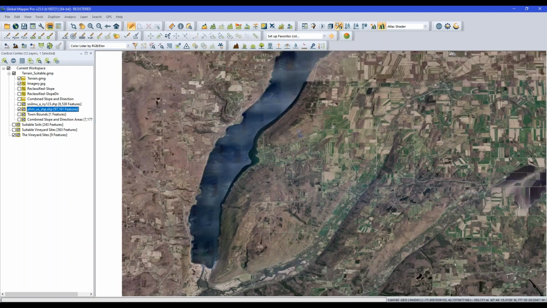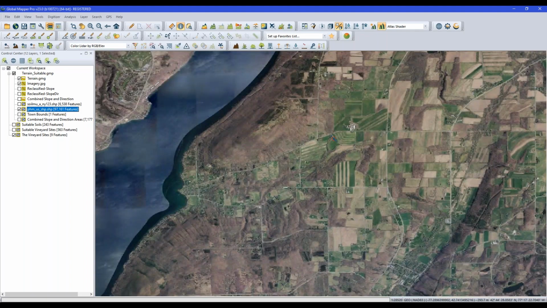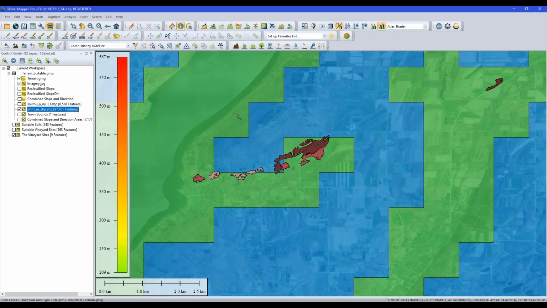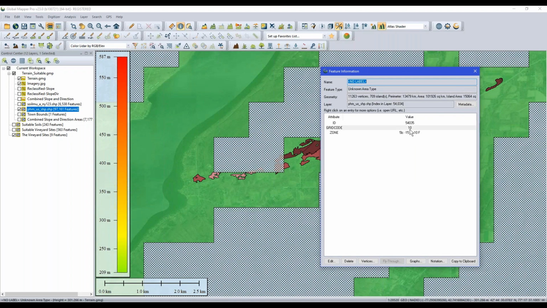You can see that there are 2 different colored polygons here. These are sites or zones that are suitable for grape making. And both of these zones, as I just said, work for grape making, but maybe the tolerance for grapes is different for each zone. So if I select one of these using the feature info tool, you can see that there's a grid zone ID, zone 5B, and this value of -15 to -10 Fahrenheit,